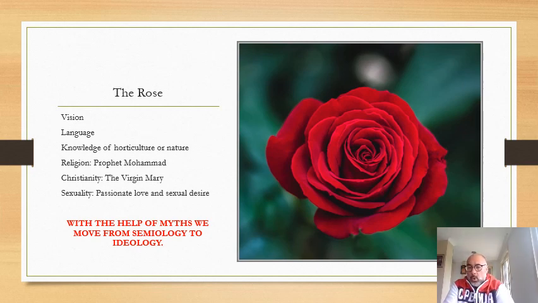You have to see it, or someone has to use the word rose. In order to understand this sign, decode this sign, you need the knowledge of horticulture or nature. You have to differentiate between a rose and a periwinkle, for instance. If you have some knowledge of religion, Islam, for instance, you might associate it with Prophet Muhammad. Or if you have knowledge of Christianity, you could associate it